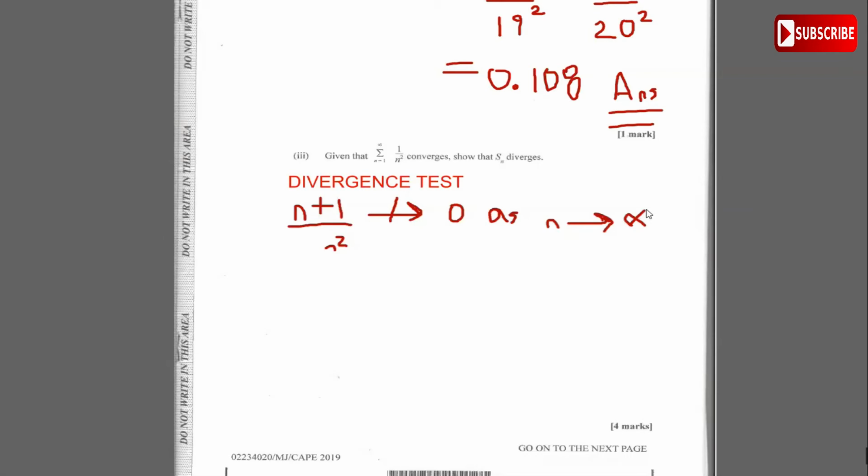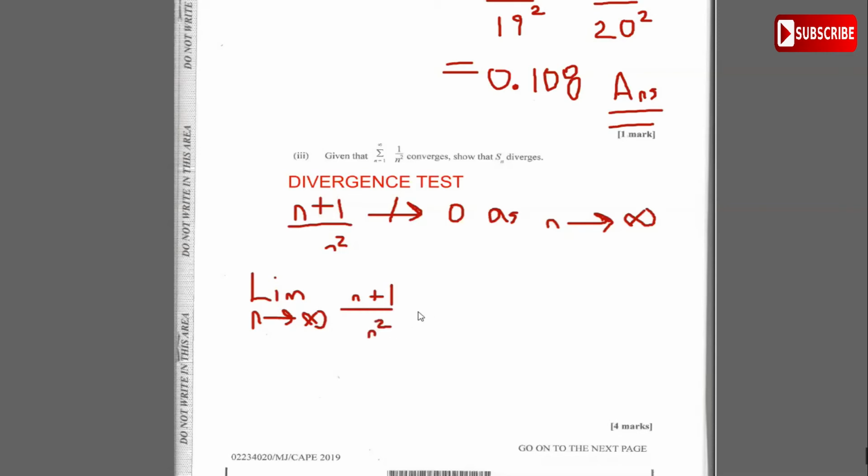So if it's not going to 0 as n goes to infinity, then it diverges. So this is what we need to show, that (n plus 1) over n squared does not go to 0. How are we going to show that? We're going to show that by applying limits. So we're going to say that the limit as n goes to infinity of (n plus 1) over n squared,